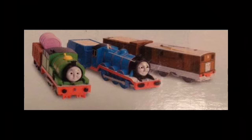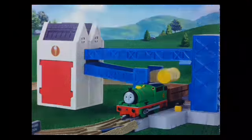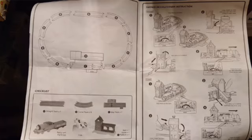Cancelled flip-face engines. In 2007 there were going to be 3 flip-face engines: Gordon, Percy, and Toby. Percy was planned to be released with a set called Percy and the Ice Cream Factory. However, there's a chance that it was released but recalled due to the lead paint crisis. However, there's no confirmation on this one. Also interesting that they used this Percy's prototype image for the Fisher-Price Percy in the Percy's Day at the Farm